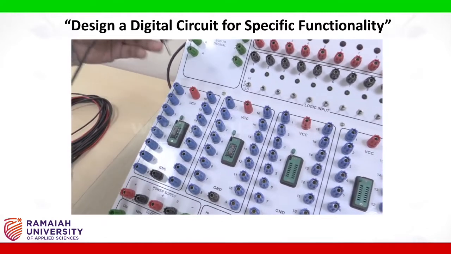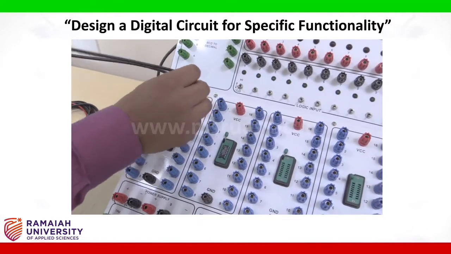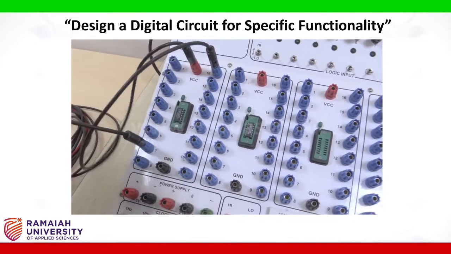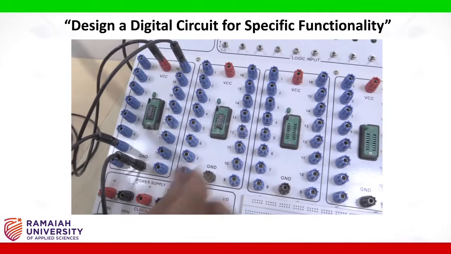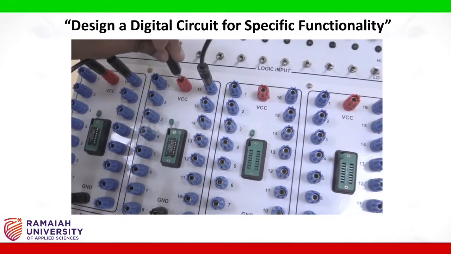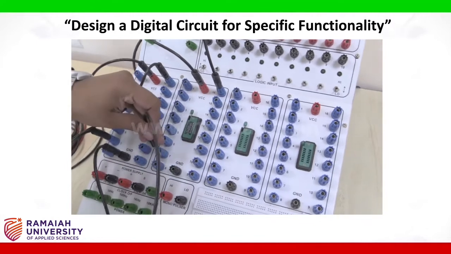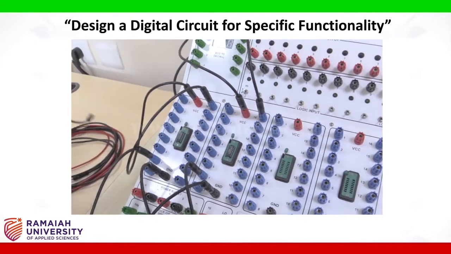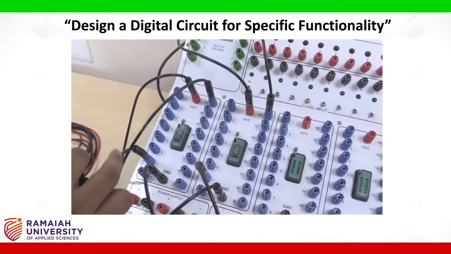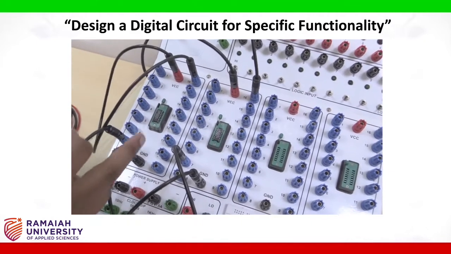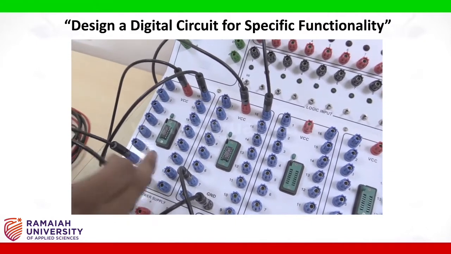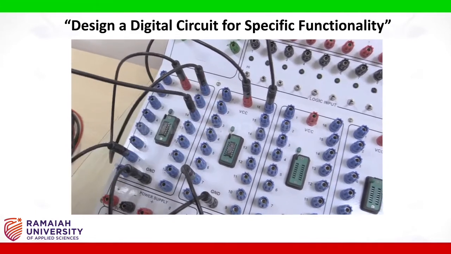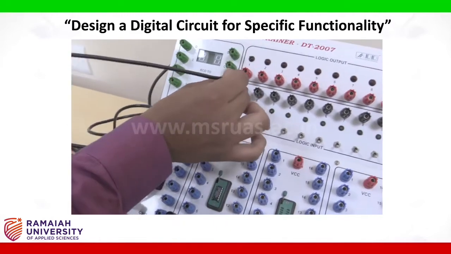Before doing that, let me connect a VCC and ground for every IC base. So pin number 7 of this represents ground. Similarly, pin number 16 of this represents VCC and pin number 7 represents ground. Now pin number 12 of IC is connected as B input. So this represents 7, 8, 9, 10, 11, 12. Therefore pin number 12 represents the input, that is B input. I am connecting it to the input knob.